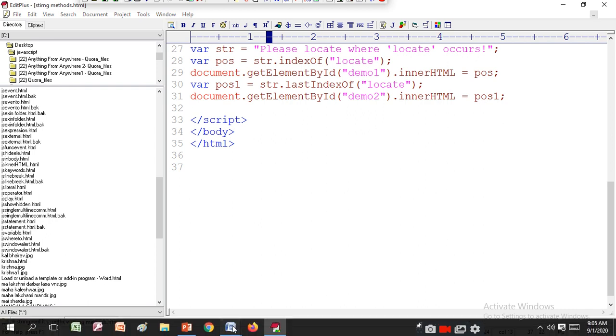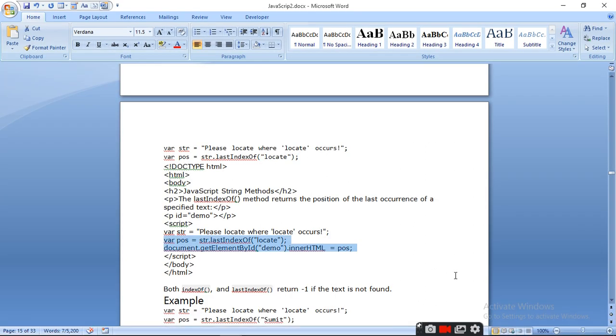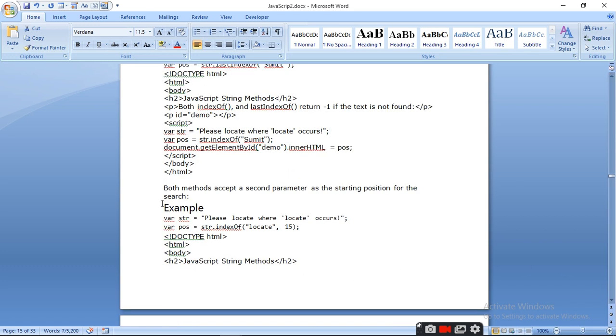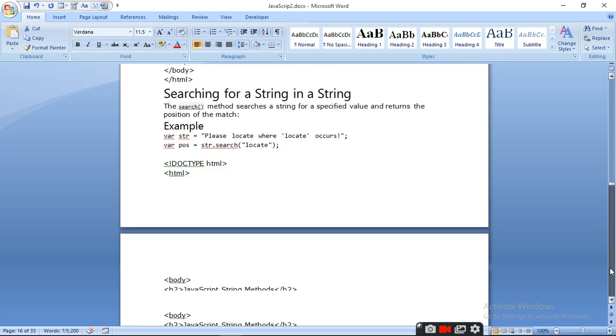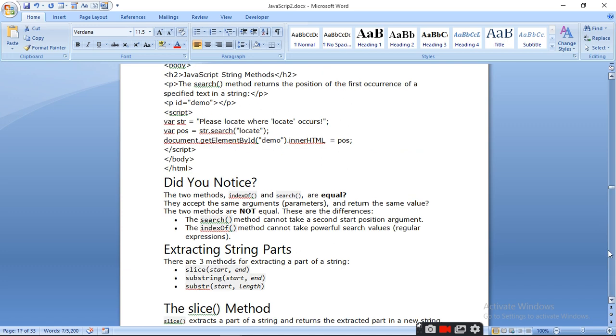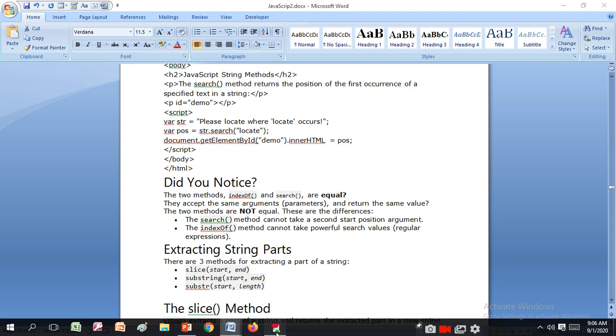Now we have to find out that it returns -1 if the text is not found. Suppose we write a sentence in which "locate" is not there, so it will give you -1. How will you do this? Write a sentence which does not contain "locate". Any sentence you can write. So here I am writing